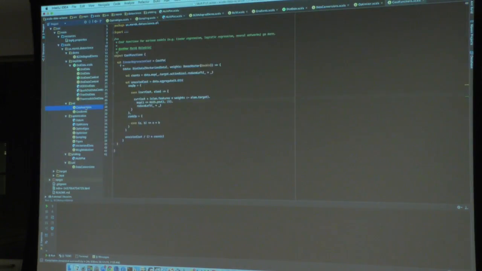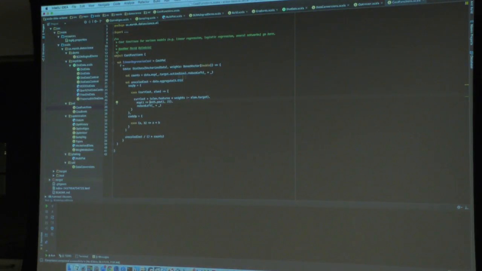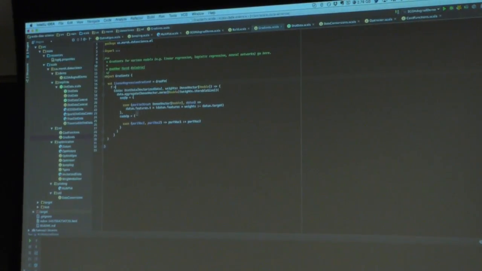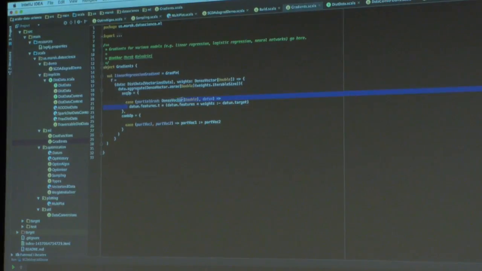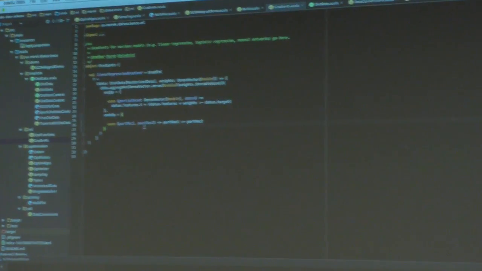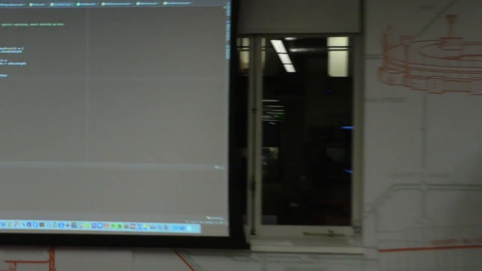And for linear regression specifically, you have to implement the gradients and the cost function. So the cost function is trivial, sum of squared residuals. The gradient is equally simple. And since this is Breeze, we can do really nice computations. So dot T is transpose of the matrix, and we can just use operator overloading here. Colon plus is the element-wise addition of two vectors. So again, the fact that Scala supports overloading in this particular case is really useful because you can use infix and you can use actual mathematical notation.